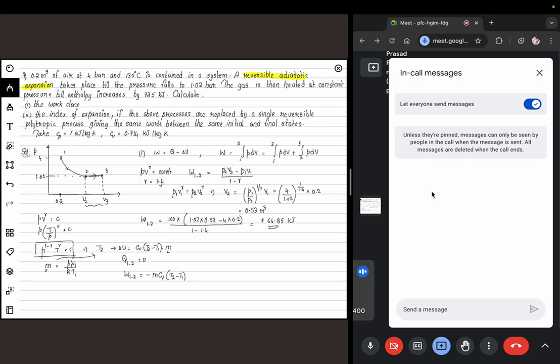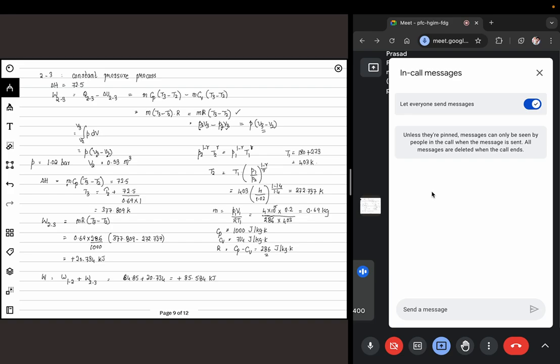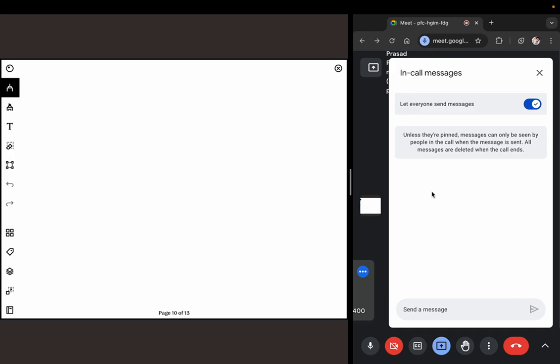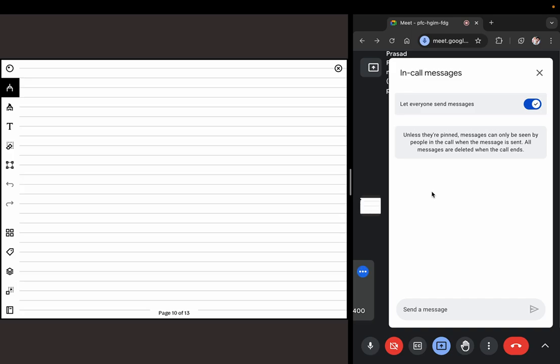So probably in the second week of the lectures, we discussed one way to determine this. It is basically you plot all the different values of pressure and volume, and then you fit a linear regression, or basically convert it into logarithmic form, and then do a linear regression, and then find the value of the exponent. Now there is another way to go about this, something that we'll discuss now. If you want to discuss the linear regression method, you can refer to the week 2 lecture in the live sessions. Now the other way to go about it is you already know the work done in case of a polytropic process given by P3 V3, the final state,